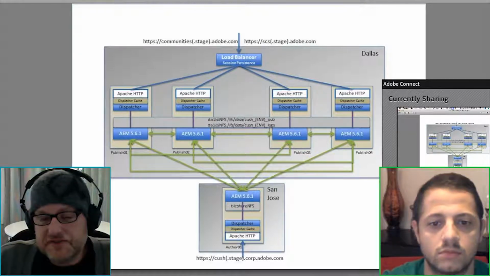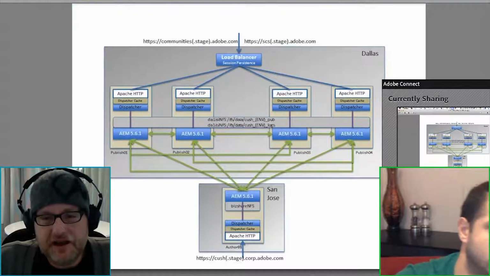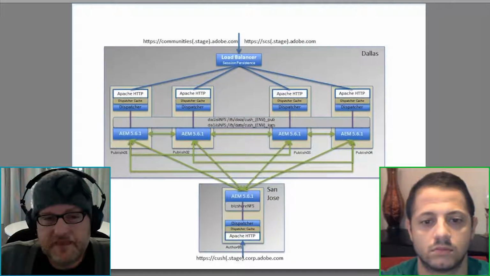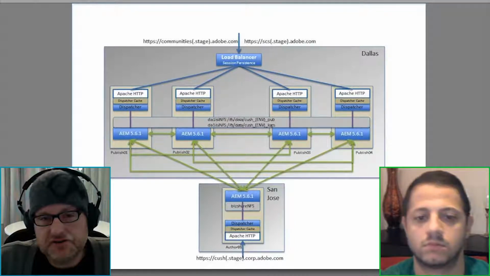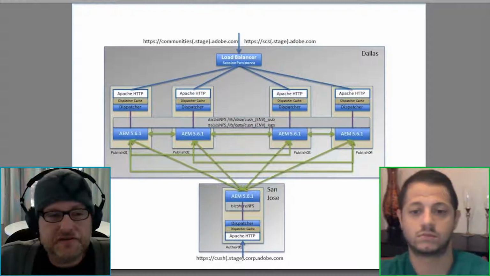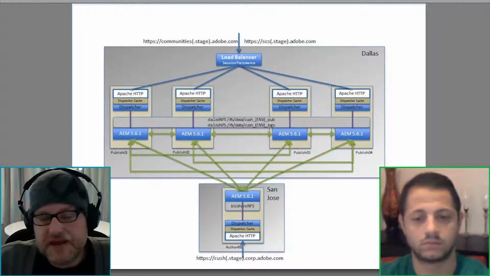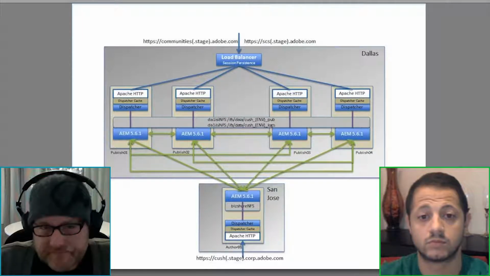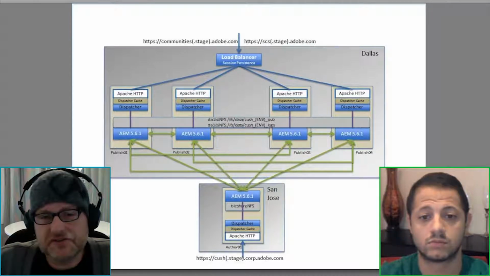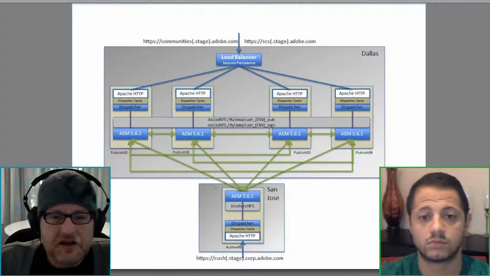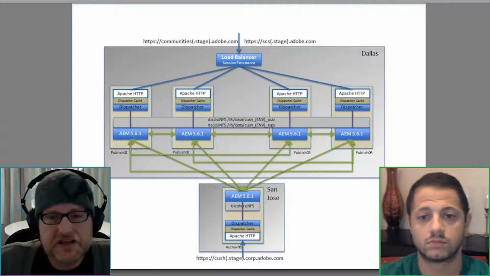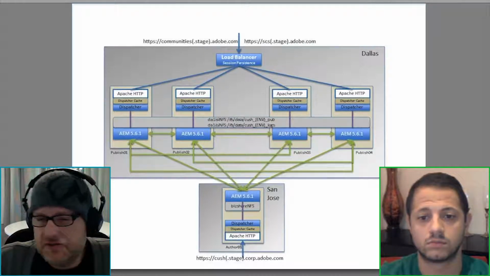The server infrastructure for this first pass of the communities.adobe.com is fairly simple server-wise. We have one author, and then we have 4 publisher servers. On each of the publisher servers, we have a dispatcher cache and an Apache HTTP server. In front of all 4 of the publish servers, we have a load balancer. Pretty simple setup, 4 publishers. I believe that we have about 32 gigs of RAM on each of the publishers, so there's some pretty substantial